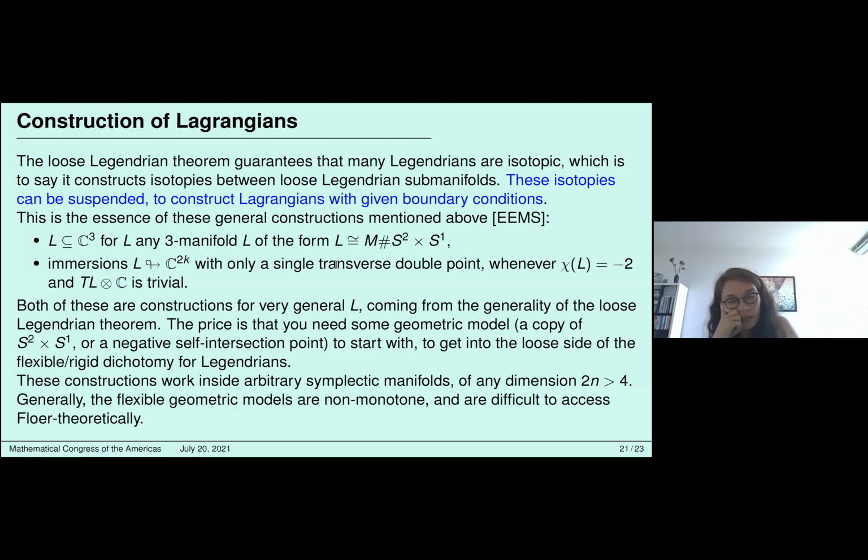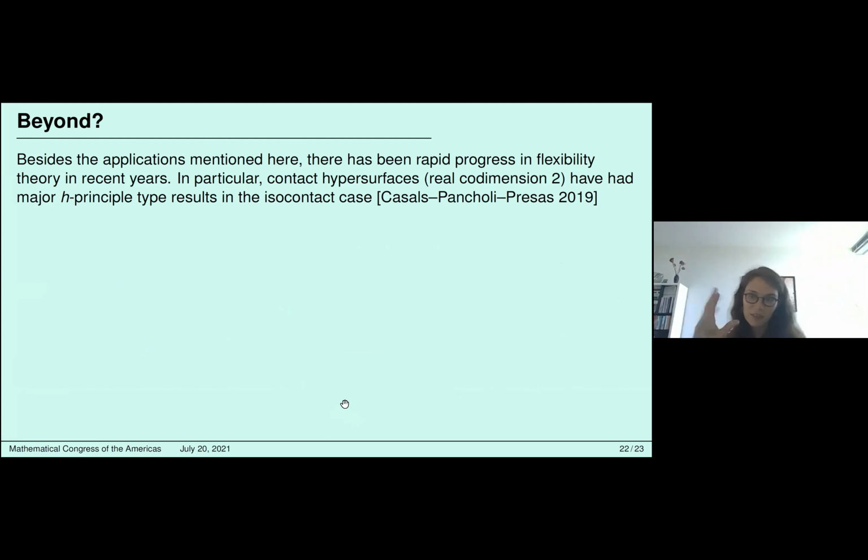Despite this working in very general situations, though, this flexible model that you need to get started, in general, it's for symplectic experts, this is non-monotone, and so it makes it very difficult to analyze any of this from Floer theoretic perspectives. There definitely are things that can be said, but it's quite subtle, I guess. You get curvature terms in the A infinity structure. Anyways,